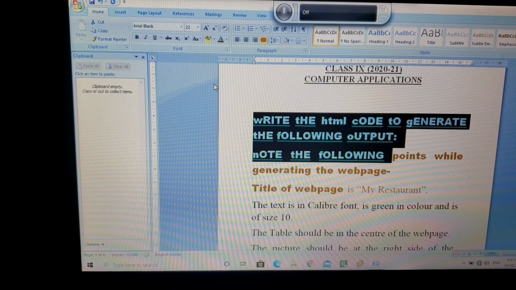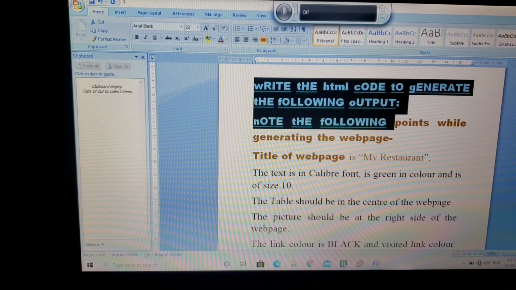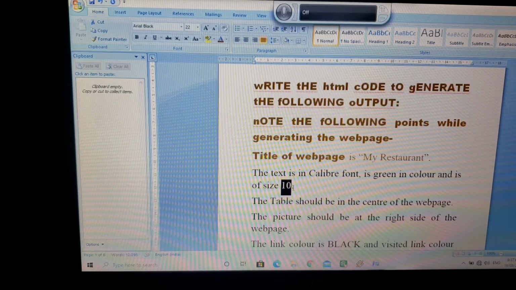Now let's start with the next effect, that is subscript and superscript. Here you can see this 10 is written in the normal way. Now if you want to change it, I want this 10 to be written small, above the normal text.